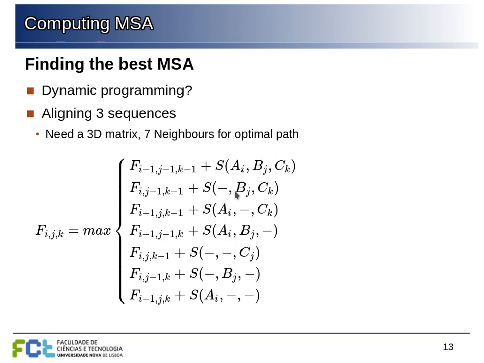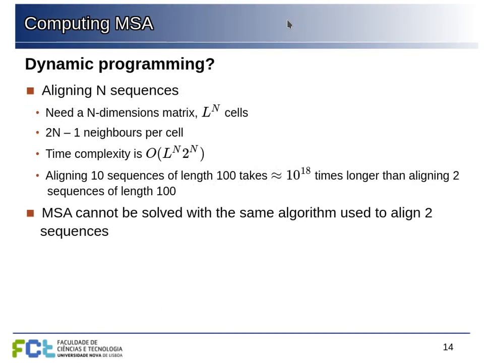We can match a gap and 2 of them, or other 2, or we can put 2 gaps and 1 of the sequences. So there are all of these combinations, and we need to find the best for each cell in our score matrix. We need to find the best of all of these 7 branches. And as we increase the number of sequences, we have this problem.